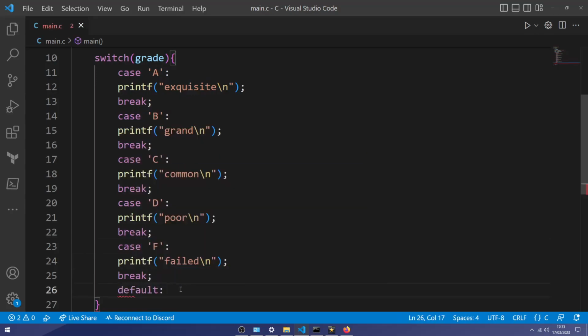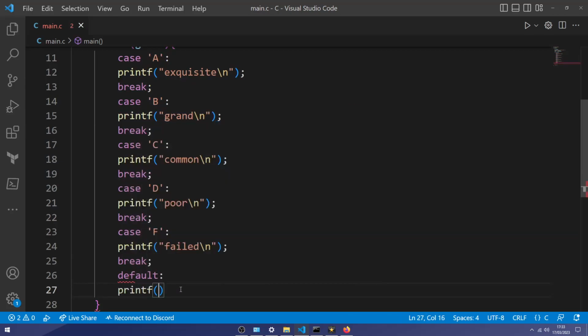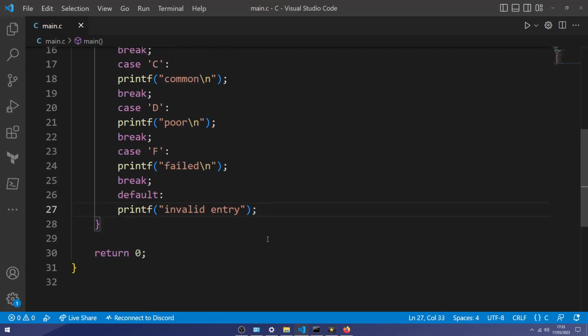And in the end, we're going to add our default block. So in case the user enters something that we didn't expect, it's going to be invalid.